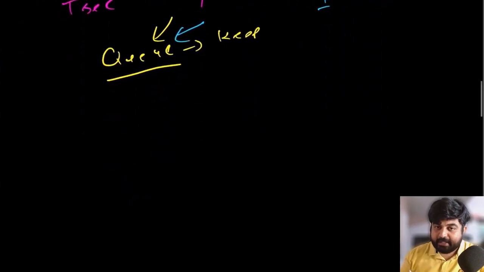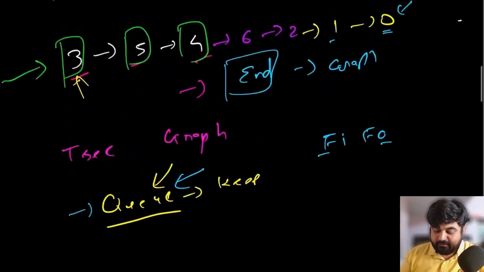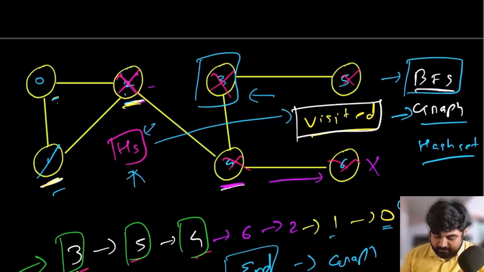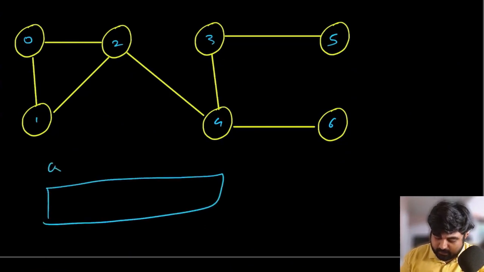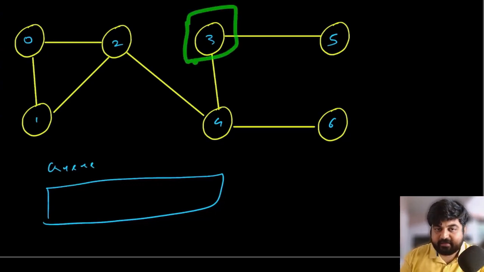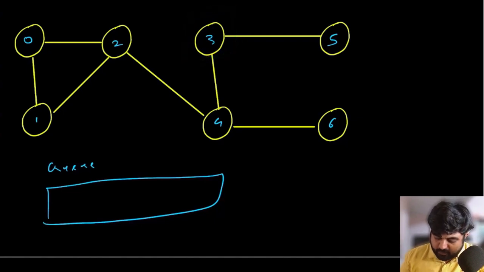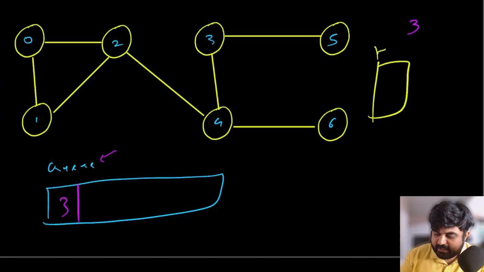Now let me give you a quick demo on how a queue would work, and we are going to use the same example. So let me clean this up a bit. So for the same example, as mentioned, we are going to use a queue. And inside the queue, first imagine we are starting our iteration from value number 3. So we are going to populate the queue with value number 3. Now our BFS function is going to do 2 things. First thing it is going to do is check whether the queue has any element or not. Queue has element 3. So now we have this value number 3 that we haven't taken care of. And also remember, we are also going to use a hash set, that is a given fact.